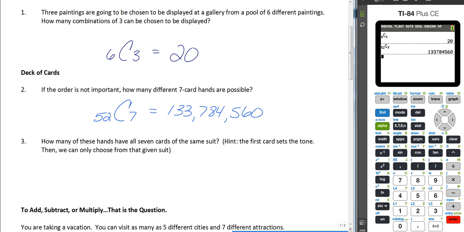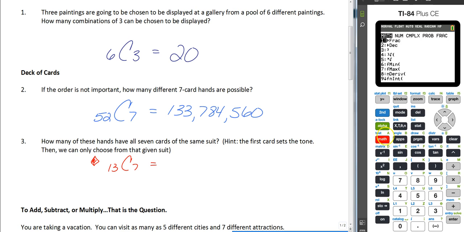Now, what you need to do for this is keep in mind that we're only going to do one suit. So let's just pick diamonds, for example. We're going to pick diamonds to start. For diamonds, there are 13 diamonds, and we're going to choose 7. So if we were to take our calculator and do 13 choose 7, math, probability, number 3, we would have 13 cards, choose 7, and we have